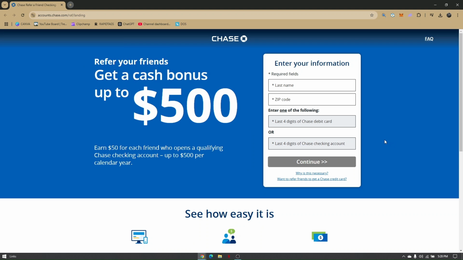How to refer a friend on Chase Bank. Now, for you to be able to get here, all you have to do is simply open up or access any preferred web browser that you want to use. From there, all you have to do is go to the search bar and type in